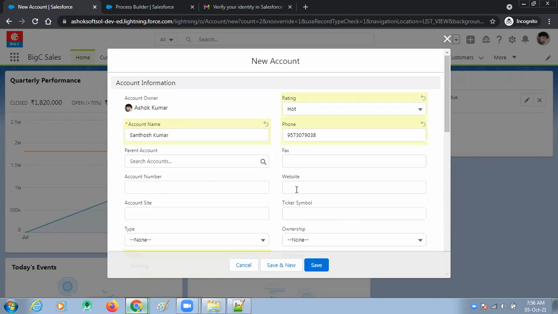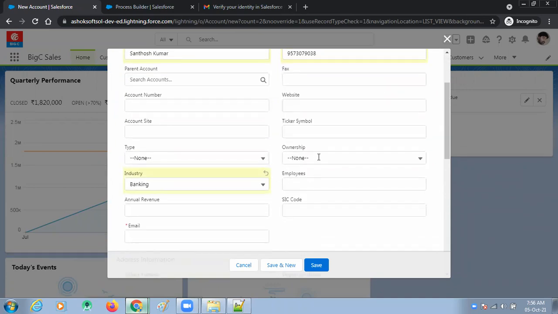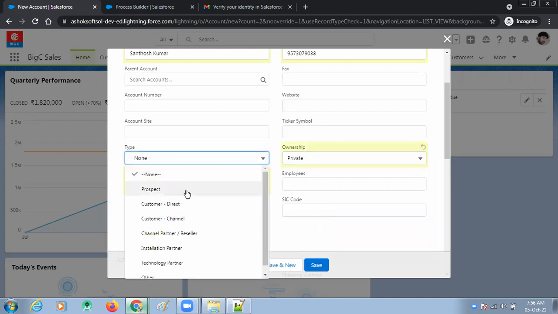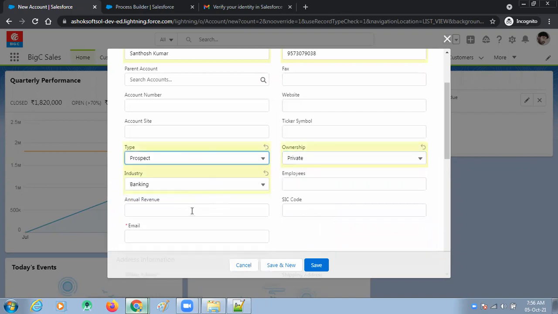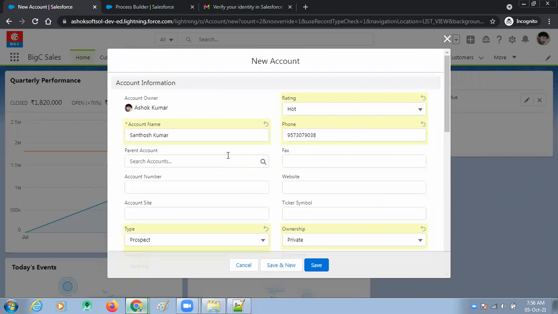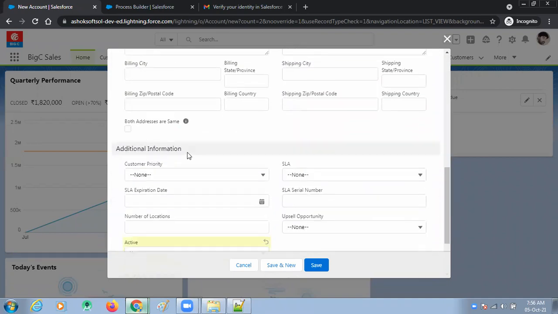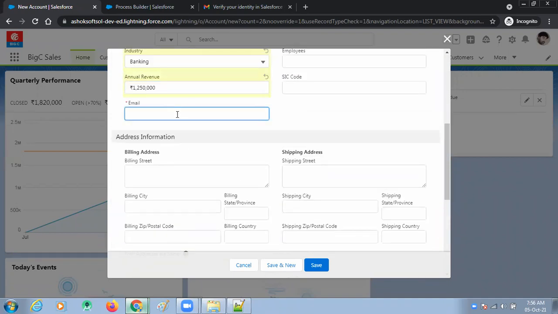I am giving the remaining details: ownership is private and type equal to prospect. Banking sector, annual revenue 12,50,000. New account, and the email address is Ashok B Cool 2015 @gmail.com.